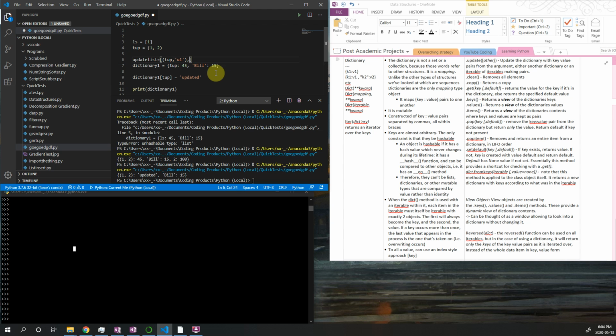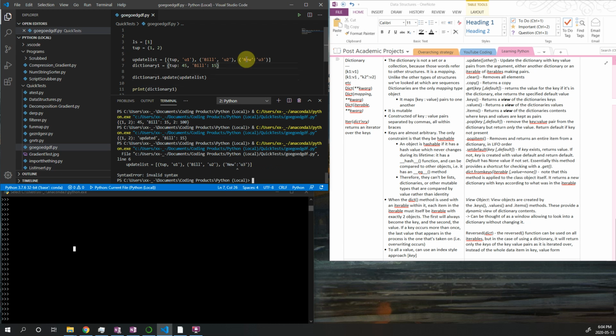And now make another pair, so a different couple. I'll say my key now is going to be Bill, and I'll change the value for that to U2, just for the sake of seeing it. You can even add a new key here. So let me just say new, and add U3 to that. And so now if I do dictionary1 update and pass in the update list and print dictionary1,